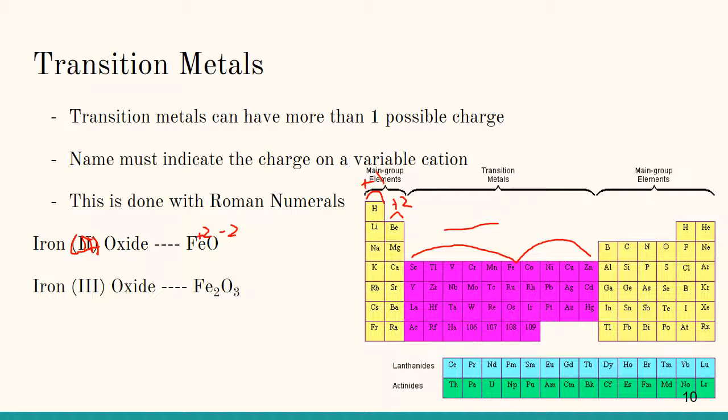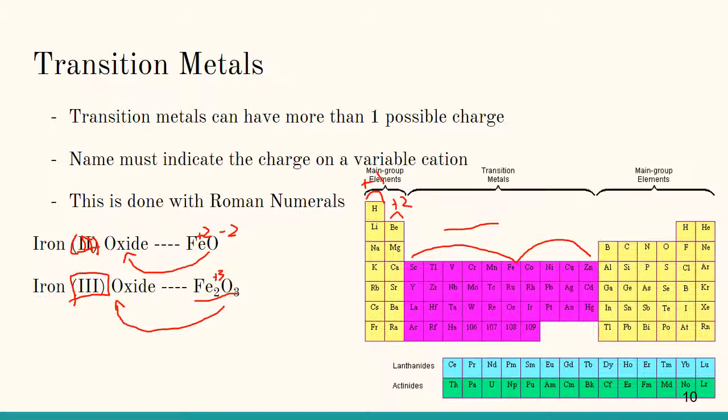The corresponding formula for that is FeO, remembering that if this is a +2, this is a -2, they cancel out. But if our formula was Fe2O3, now in order to get that Roman numeral, this is no longer equal. We actually had a +3 charge on here. So to indicate that +3 charge, we have to put in our Roman numeral as it is over here. So the actual name for this compound is iron 3 oxide, and the name for this compound is iron 2